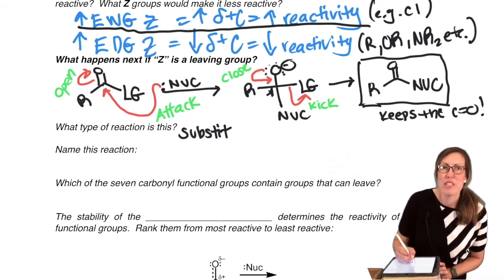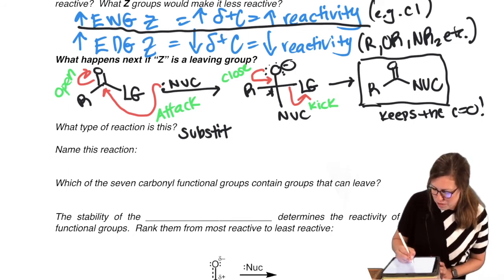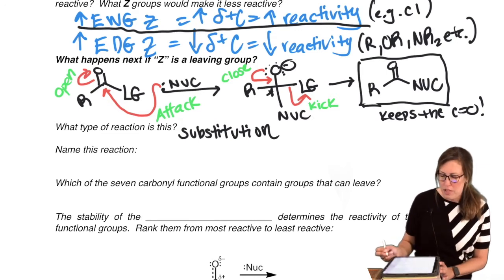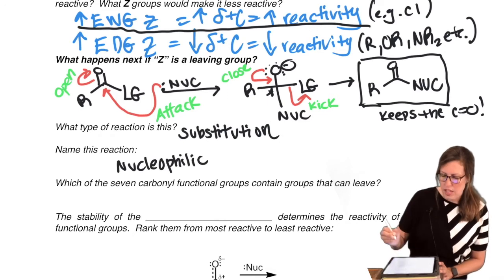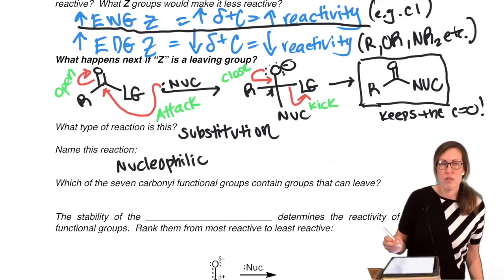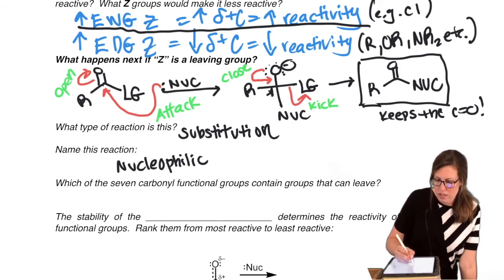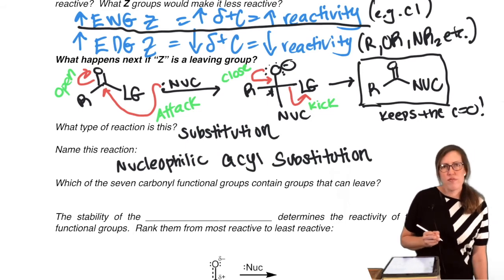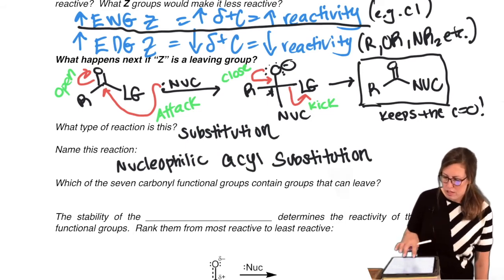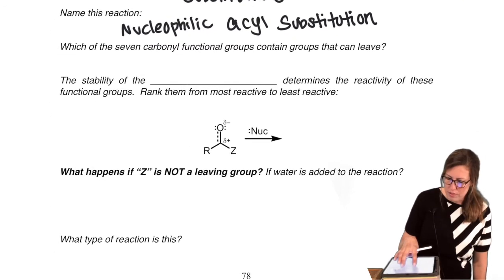I bet you didn't know there's going to be so many after that. It's its own family, right? SN2 is a subset of substitution. Okay, so the name of this one is nucleophilic acyl substitution, because acyl is another word for the carbonyl containing compound. No fancy abbreviation for this one. It's not too big of a mouthful.